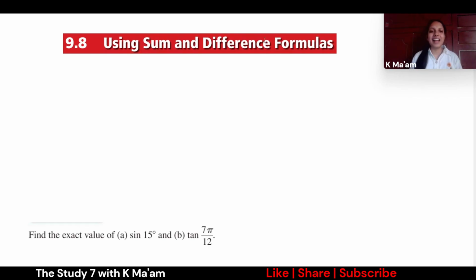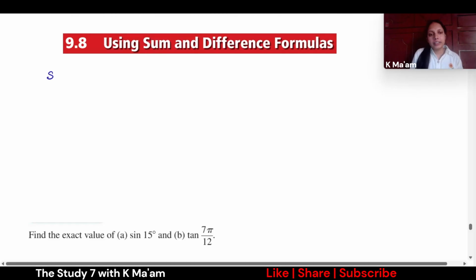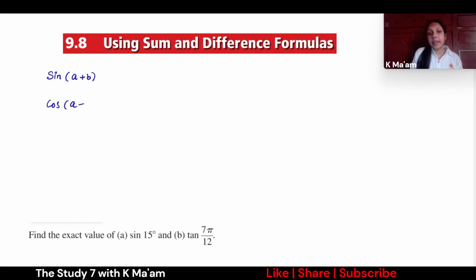Today we will start 9.8 Sum and Difference Formulas in Trigonometry. Okay, so let's start it. Sine of A plus B, cos of A plus B, tangent of A plus B. In the case of sine A plus B, the formula will be sine A cos B plus cos A